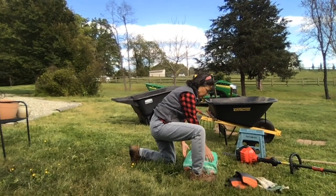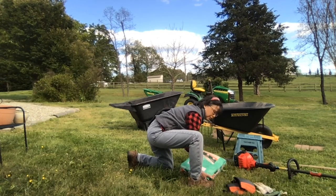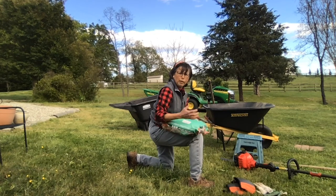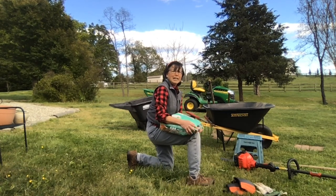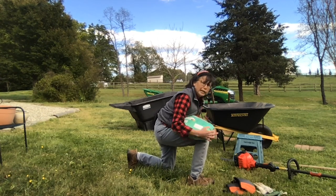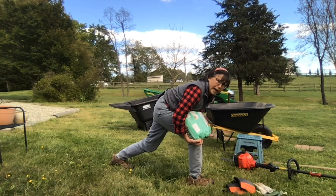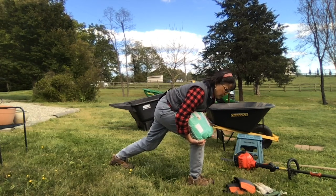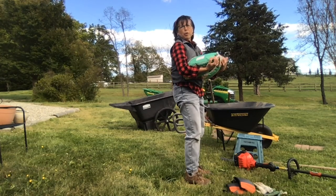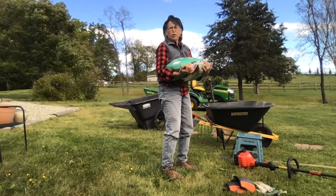Okay, so I'm going to lean forward, my back is still straight, I'm going to use my arms for the first part of the lift, and I'm going to get that object on my legs. So right now I've used my arms, okay? And now I'm gonna straighten out my back leg, and I'm gonna lean forward, letting the heavy weight pull me forward. So I'm gonna come up like that, still using my legs. I'm gonna come forward, and I'm gonna stand up, okay? So I've now lifted the bag without any stress on my low back. So this comes into play